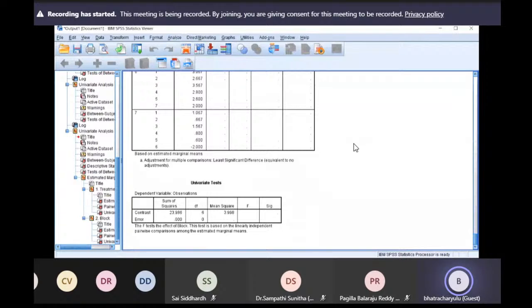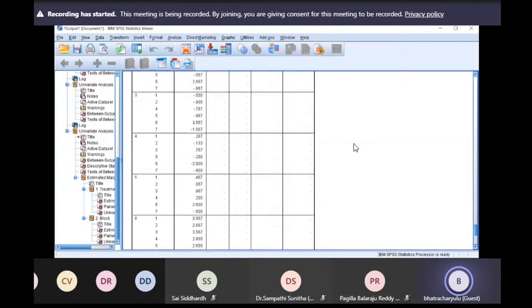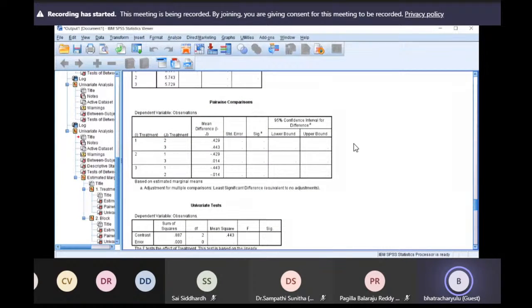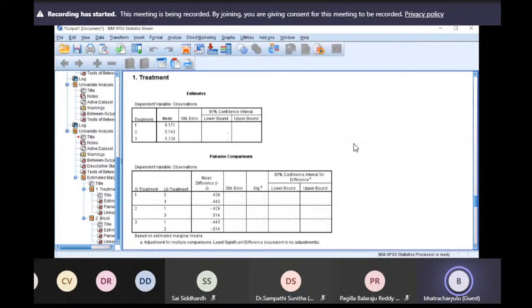Next. Diagrams, you are not getting, no? Yeah. No, sir. Right. Okay, that's all. So these are all the various options for implementation of either the two-way classification or randomized block design. Now go to the lattice square design,